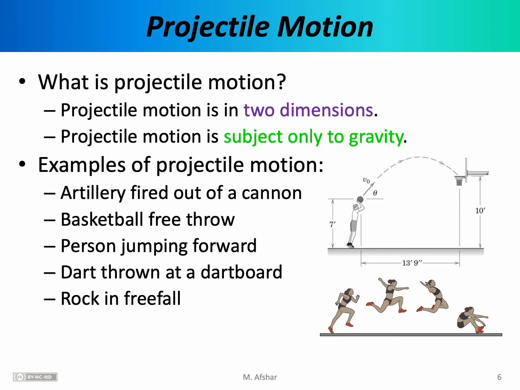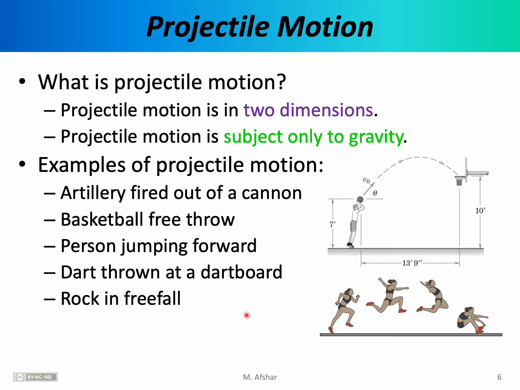There are many examples of projectile motion. An artillery shell fired out of a cannon is undergoing projectile motion. A basketball free throw is an example of projectile motion. A person simply jumping forward is executing projectile motion. A dart thrown at a dartboard, or even, as I was saying, a rock in free fall, these are all